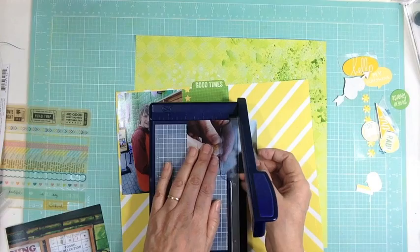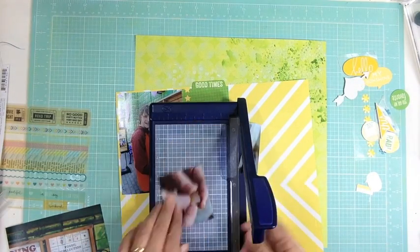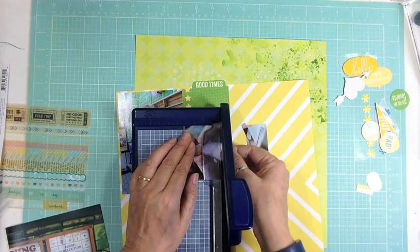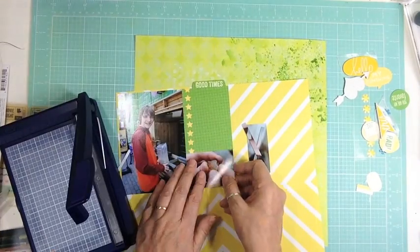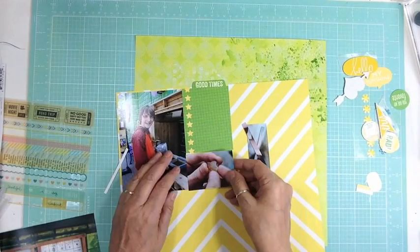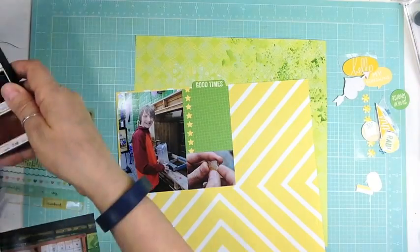So what I did was I used the card that says Good Times. It came from an LE Studio package of journaling cards. Maybe it was Avalicious, I can't remember, one of the two. And I used that to determine the width of my photo, and then I just made it so that between the photo, the card, and that little photo, they kind of do a